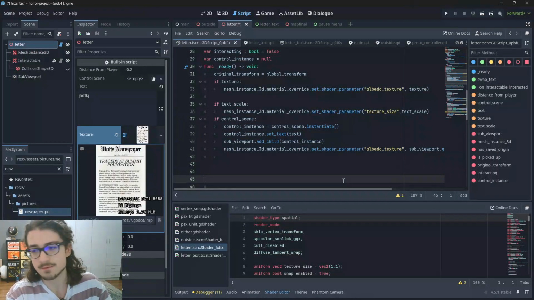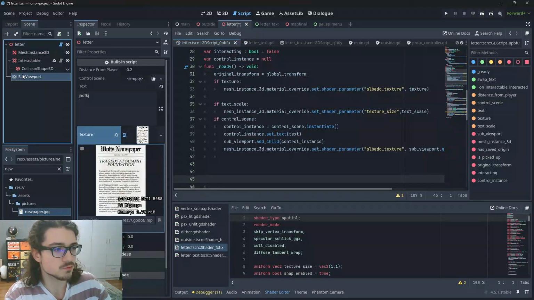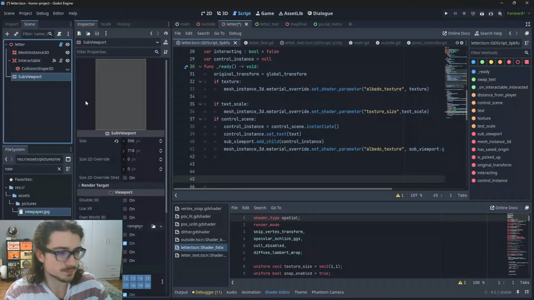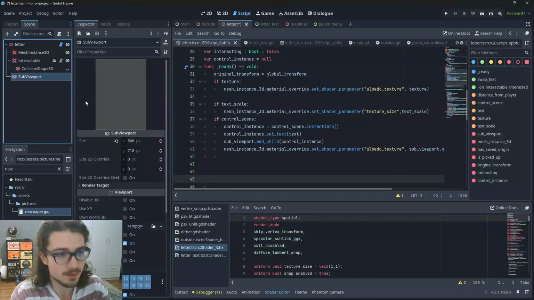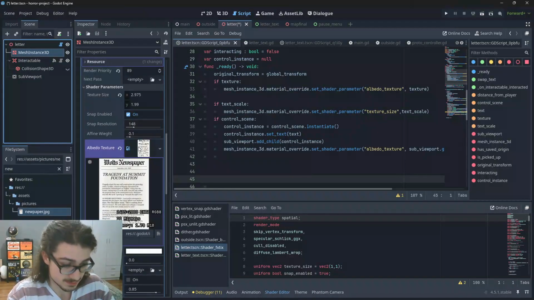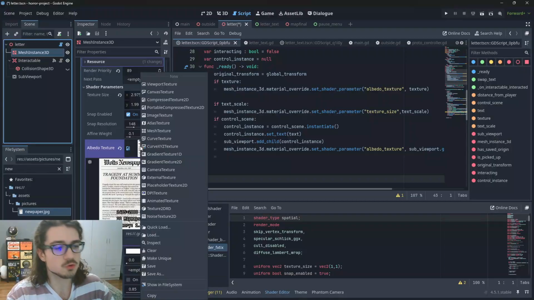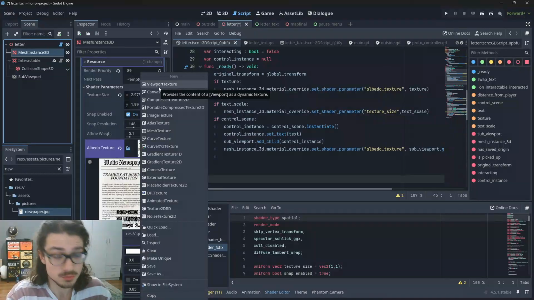And the way I've displayed a control scene on a mesh is with a sub viewport. So what this does, it captures a certain area of the control node and displays it on the mesh in simple terms. And to do this, let me just show you as an example. To do it manually, you would need to assign it a viewport texture. But since we're doing this from code,